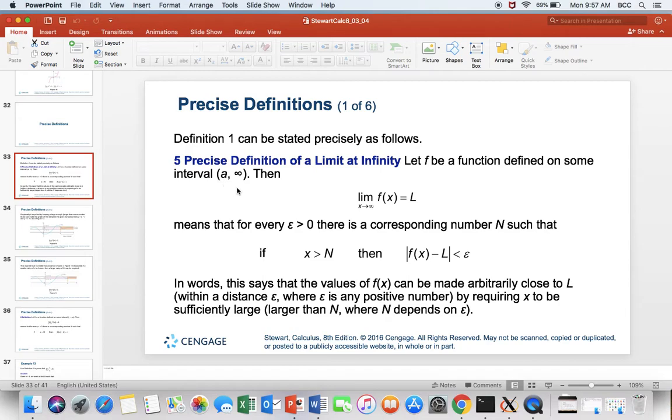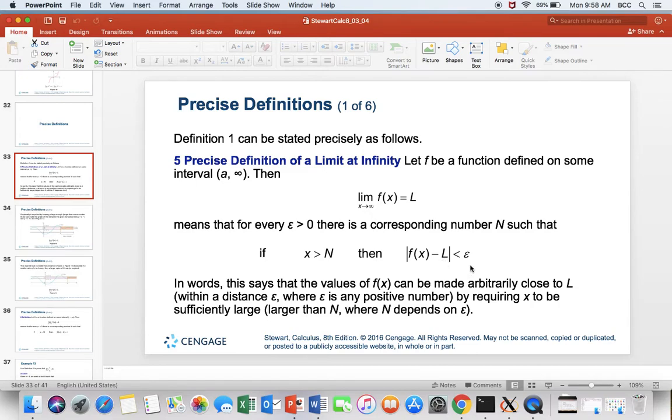Okay, so then limit x approaching infinity of f(x) equals L means that for every epsilon, you see this is a Greek letter, it's called epsilon, epsilon greater than 0, there is a corresponding number N such that if x is greater than N, then